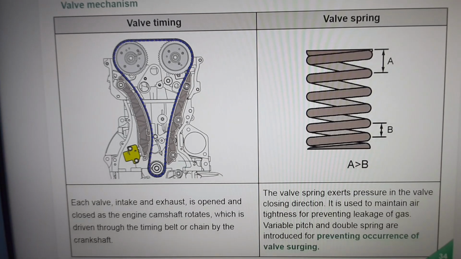The figure on the right shows the valve spring, which exerts pressure in the valve closing direction to maintain air tightness for preventing leakage of gas for the valve. Variable pitch and double springs are introduced to prevent the